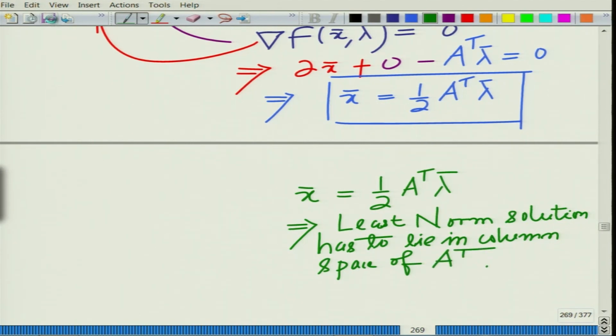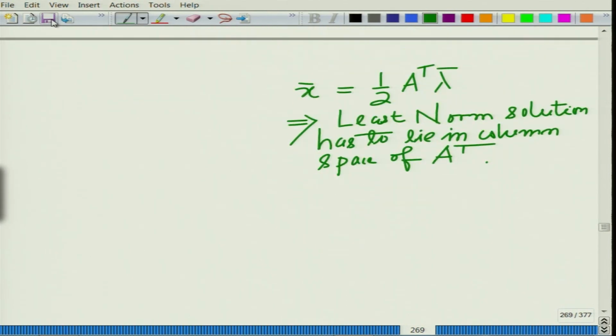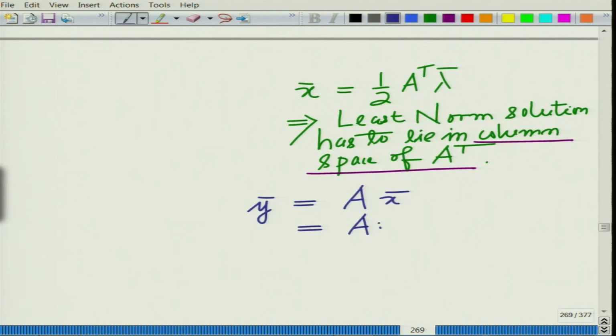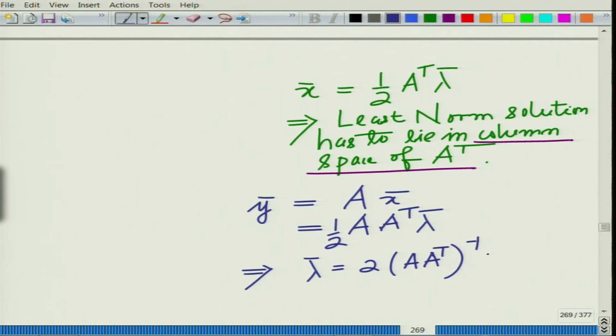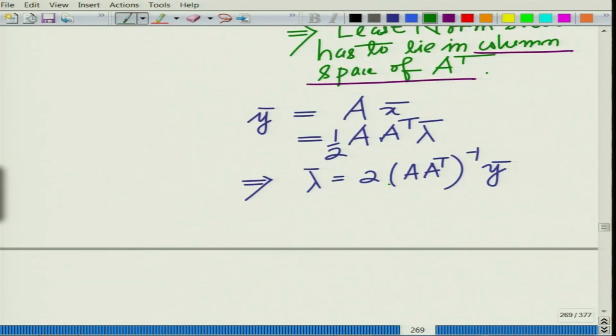The least norm solution has to lie in the column space of A transpose. This is the interesting solution, column space of A transpose. And now, substitute this property in the constraint. We have y bar equals A x bar equals A times half A transpose lambda bar. This implies lambda bar equals twice A transpose inverse y bar, which is possible if